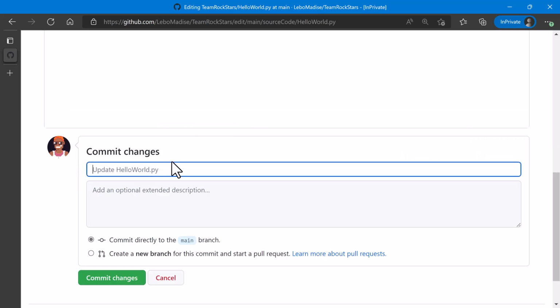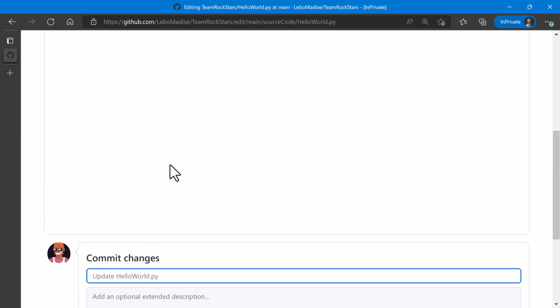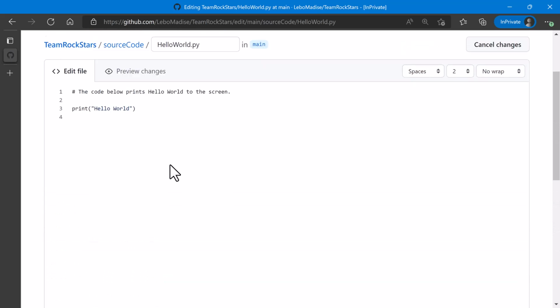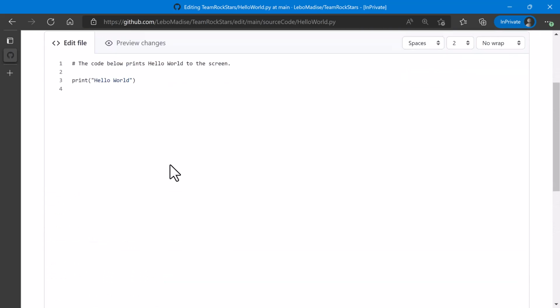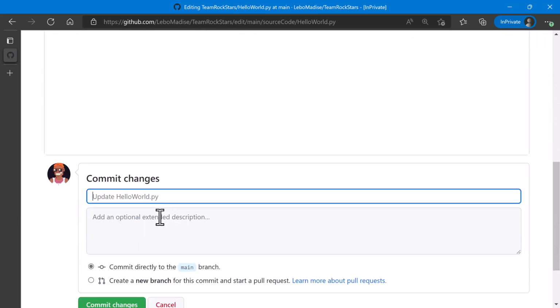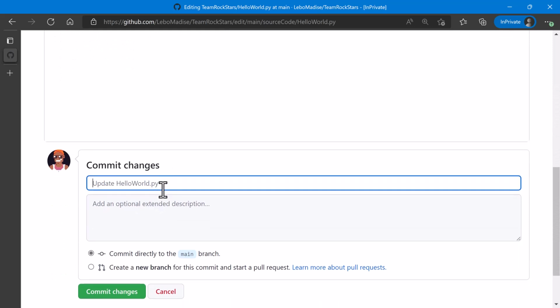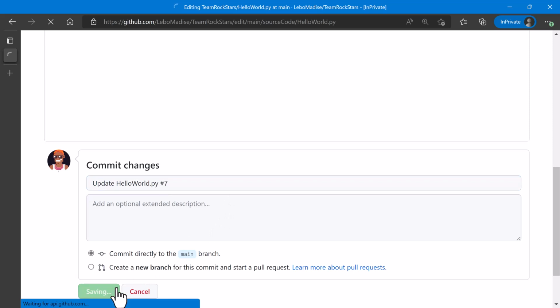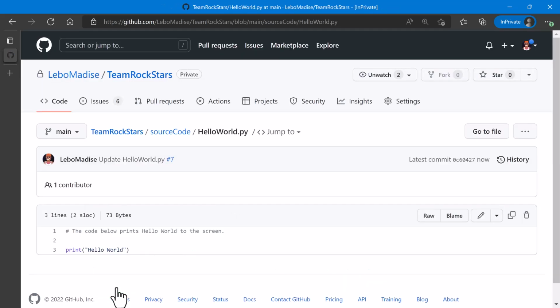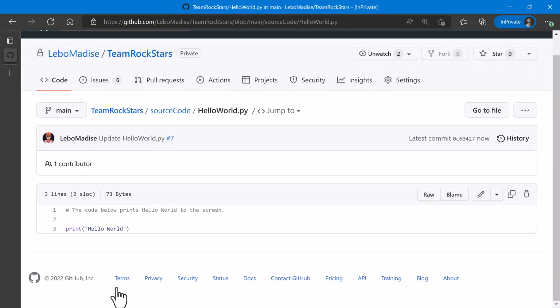So here I'm just saying what the code does. It's good practice to have comments in your code. So I'm going to say update hello.py and then link it to the issue. Okay, as you can see,